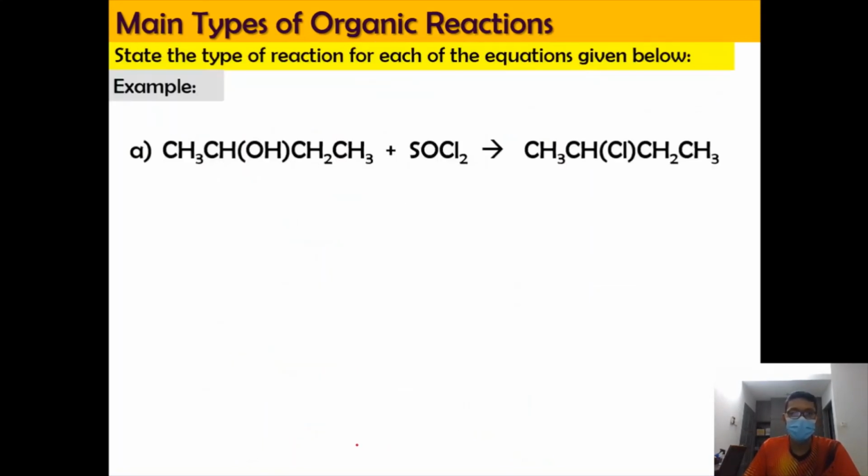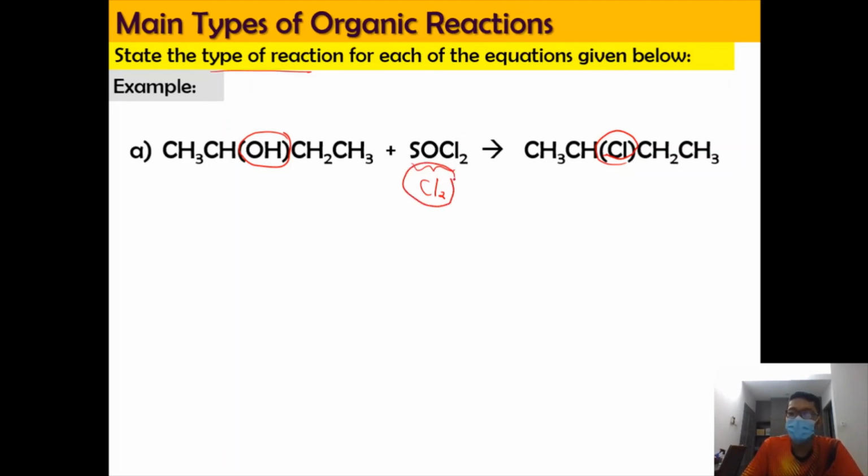Okay, now we're going to do a few of the examples here. Okay, so we have to state the type of the reaction for each of the equation given below. So we have CH3, CH, OH, CH2, CH3 reacting with SOCl2. So SOCl2 basically provide chlorine in the reaction. Okay, so as what you can see here, OH is now replaced with chlorine. So you know that it is a substitution. Okay, pasal ada pertukaran, bukannya penambahan. So you know that it is a substitution, and